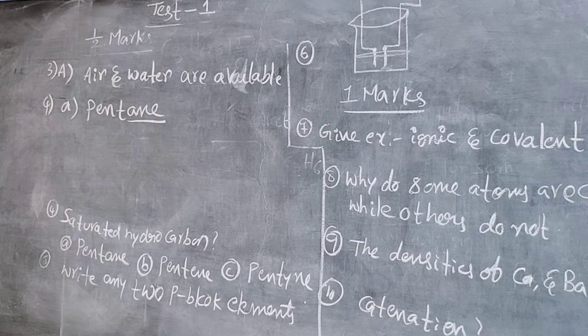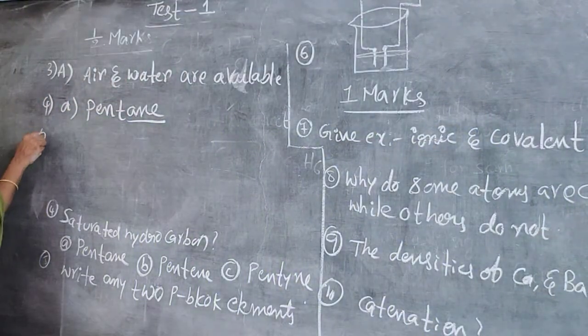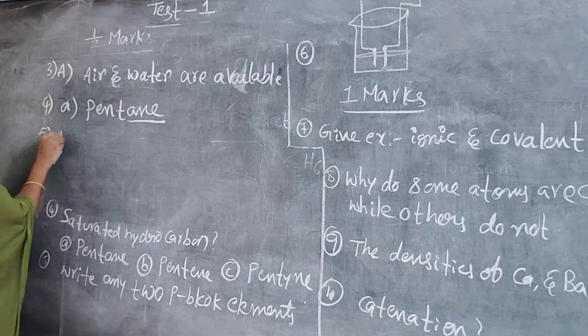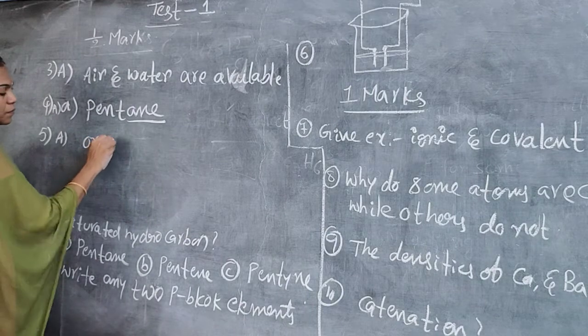Question: Write any two p block elements. Any two p block elements you have to write them. No problem. Any two p block elements: oxygen, chlorine,